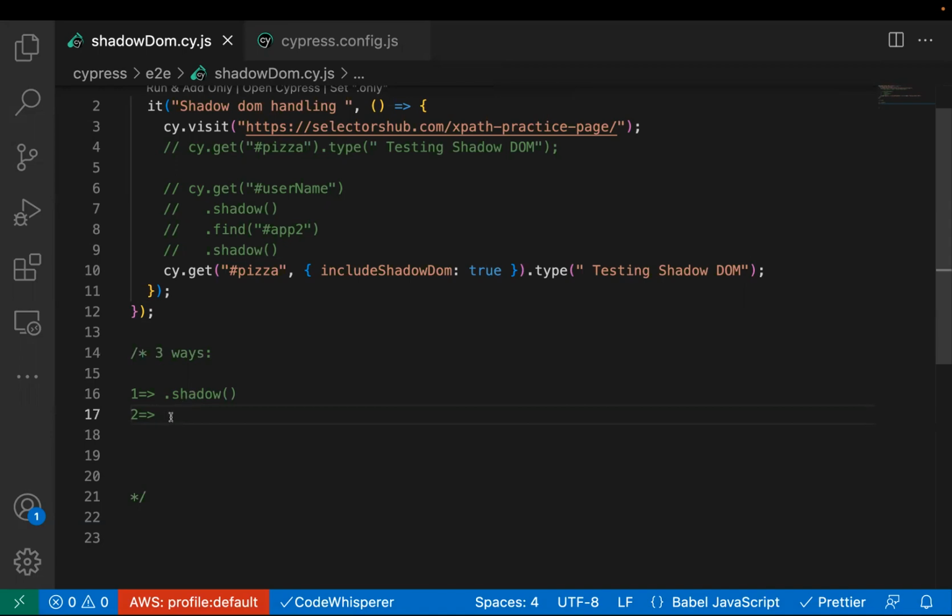So the second way is basically the global configuration. We just change the global configuration, and we copied this and changed the global configuration. And the third one is at the test case level. Test step level, I would say, wherever we want. Wherever, let's say we want to find this locator, we will use it at the step locator and pass the options. So these are the three ways through which you can handle shadow DOM elements in Cypress.